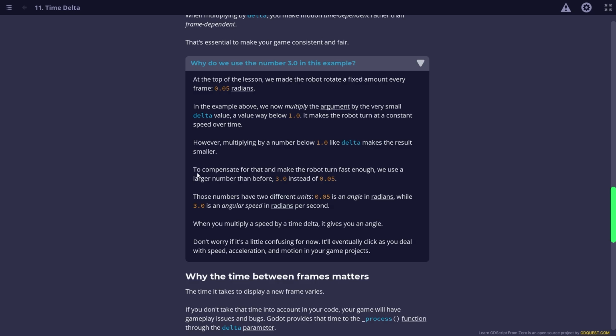Yeah, true. To compensate for that and make the robot turn fast enough, we use a larger number than before, 3.0 instead of 0.05. True. Those numbers have two different units. 0.05 is an angle in radians, yes, while 3.0 is an angular speed in radians per second. True. But when you multiply it by delta,